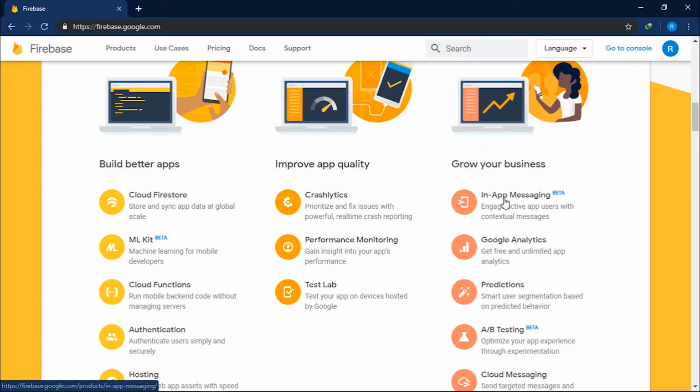Then we have A/B testing. Now imagine you want to add an experimental feature to your application. It is not advisable to add this feature, update it to the users, and then wait for their feedback, because it might be too late. The experimental upgrade might even break your app, and users may even uninstall your application, and that is totally undesirable.